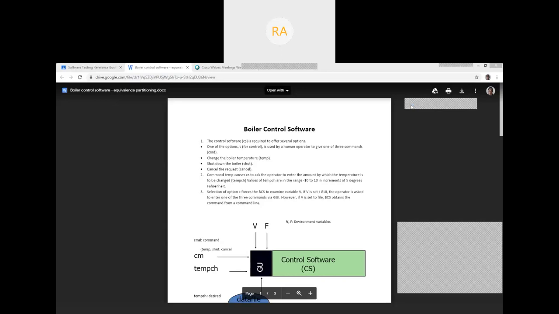In multidimensional partitioning, you have to remember it is the cross product of the equivalence classes generated with respect to both the variables. How we have to write the equivalence classes whenever I perform the cross product, you have already seen.